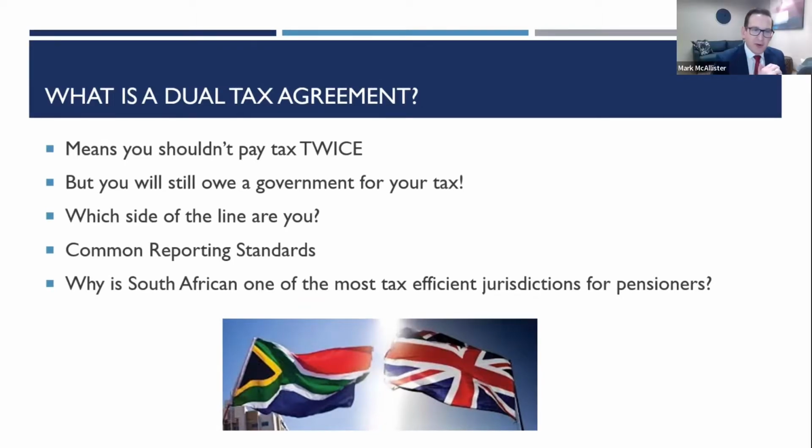Absolutely. And I think one of the points here that I don't get as much as I used to, but I think there was maybe a belief that you could hide away from the tax authorities and what they didn't know didn't hurt them. But there's this thing called common reporting standards, right? That's a big data sharing agreement. So there's not really anywhere to hide anymore. Anything you want to add on that?